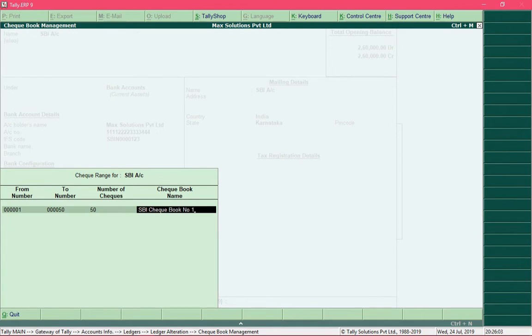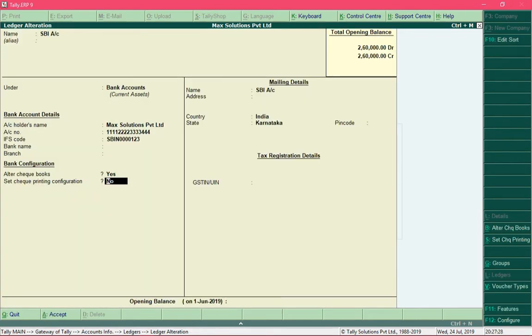checkbook number 1. Now at this point you can press Ctrl A and save this information, or you can press the Enter key and define another range for another checkbook. So if I want to define a range for one more checkbook which the bank has provided, then I can enter that information over here and press Ctrl A to save the information. Alright, so we just added checkbook information which is associated with this bank ledger, and now we will configure print